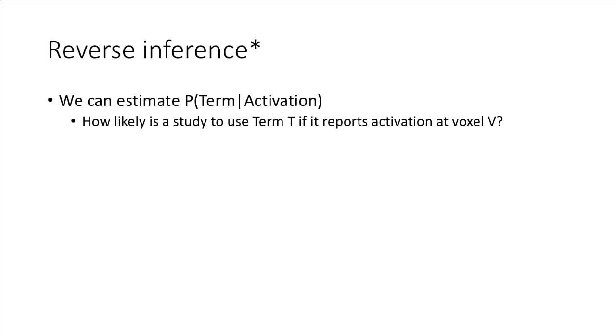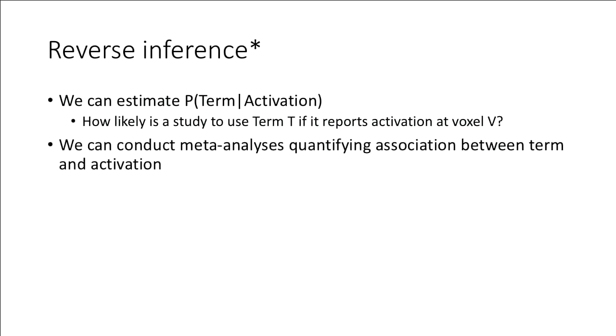So what we're asking here is essentially, how likely is a study to use the term? Remember, these are terms, right? They are terms that occur in abstracts. They're not processes or cognitive states. Arguably, the same is true for tasks, just as an aside, right? A task label is not the same thing as a process, and it's really important to remember that because almost nobody's actually studying processes in fMRI. We are studying labels that we kind of pulled out of the air, essentially, for our tasks.